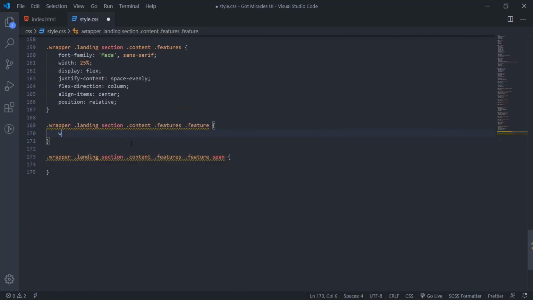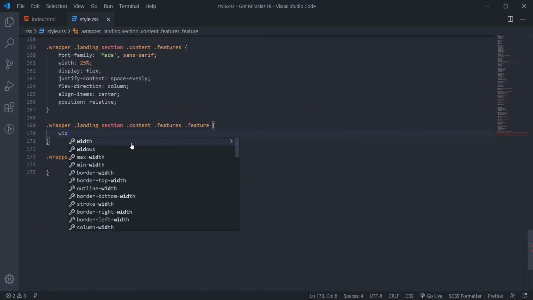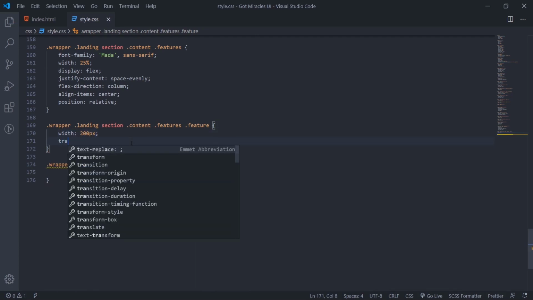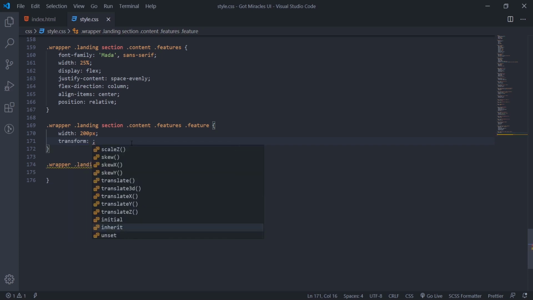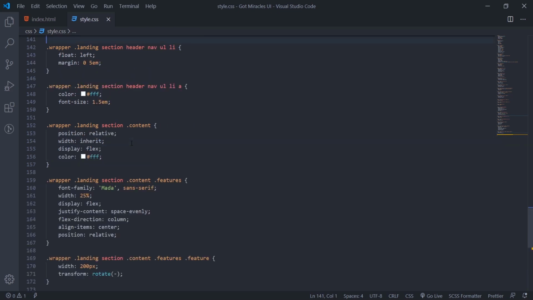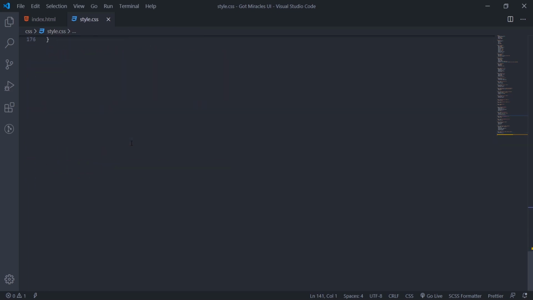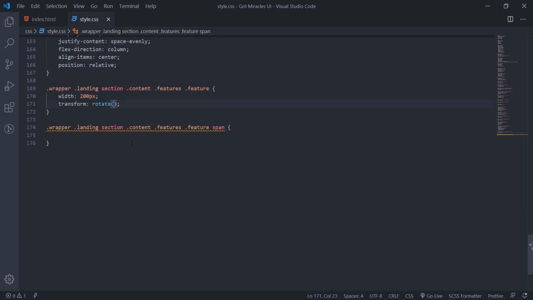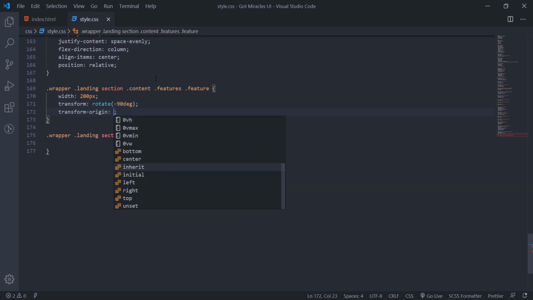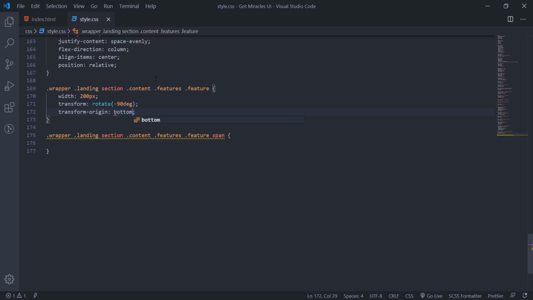So for this feature we'll set the width to 200 pixels and transform, we go rotate minus 90 degrees. Then transform origin bottom. Okay.